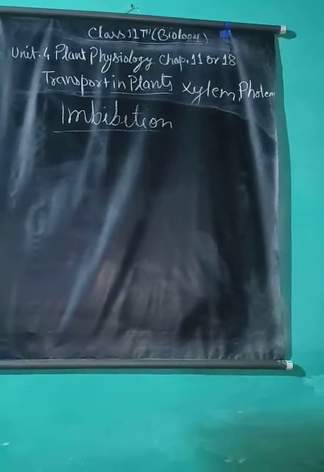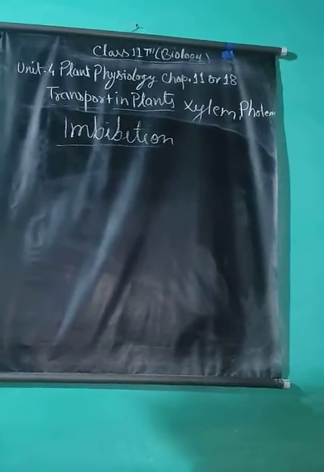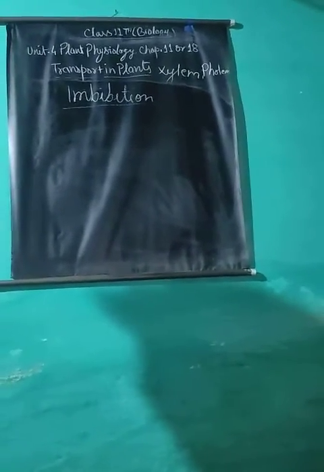Imbibition is a physical process. It is not a biological process through which solid or semi-solid materials absorb water. It happens only when the material is dry enough. The materials responsible for water absorption through imbibition are the cell wall and components of the cytoplasm. These materials present in wood absorb water in the rainy season, resulting in swelling of doors and windows. Due to this, it is difficult to close the door perfectly in the rainy season.